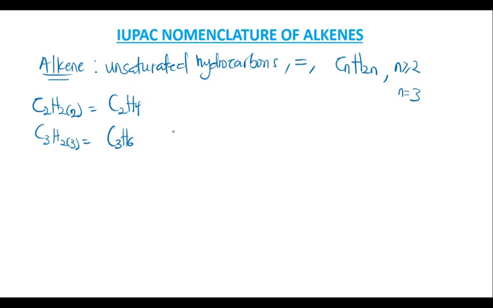Now alkenes have the functional group of carbon double bond carbon. This is the functional group of alkenes, and the bond angle between these bonds is 120 degrees. The two carbons that have the double bond are sp2 hybridized. With this basic intro to what alkenes are, let's have a look at how we name them